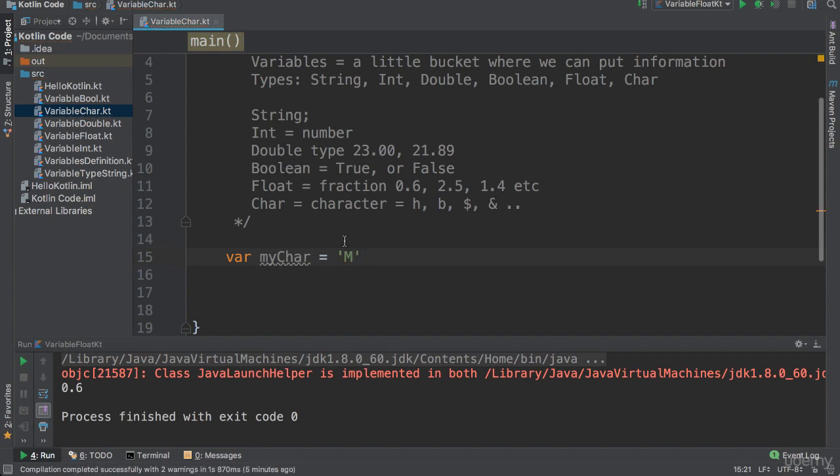Now, notice a few things here. When we talked about strings, we had double quotes. Now, characters, we have single quotes. So that's the basic distinction between a character and a string. Notice if we were to put